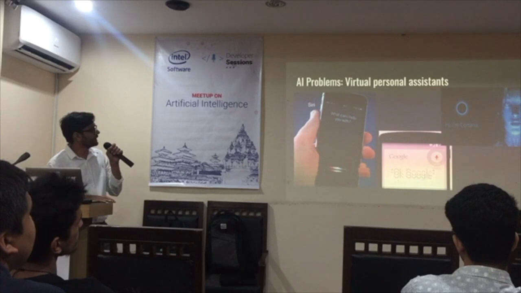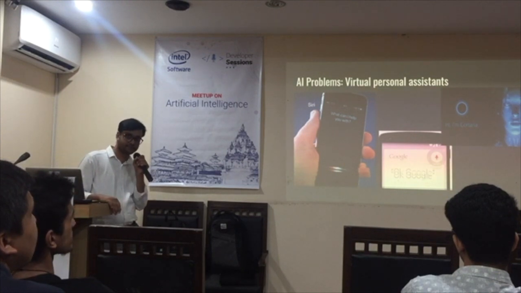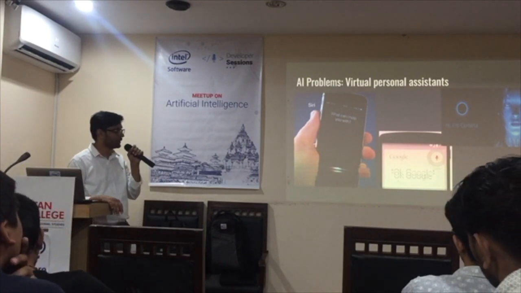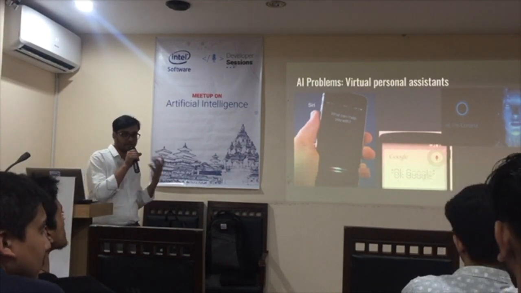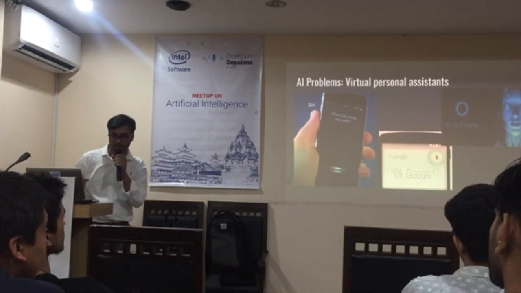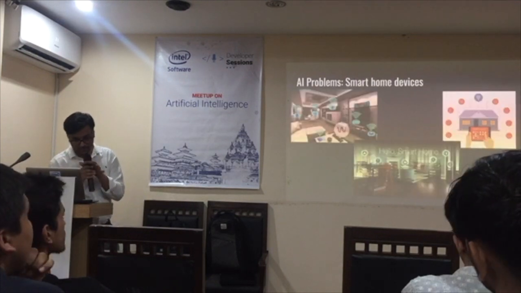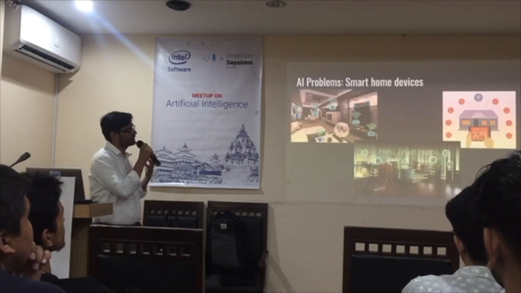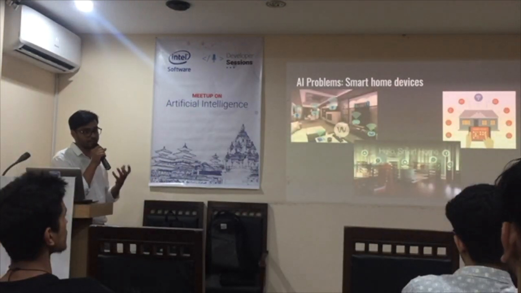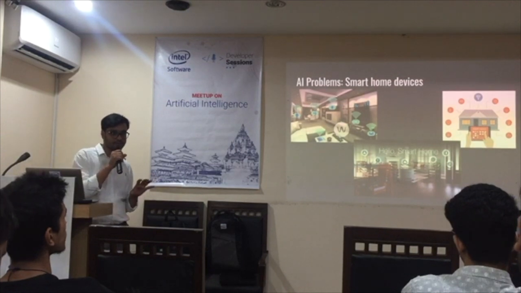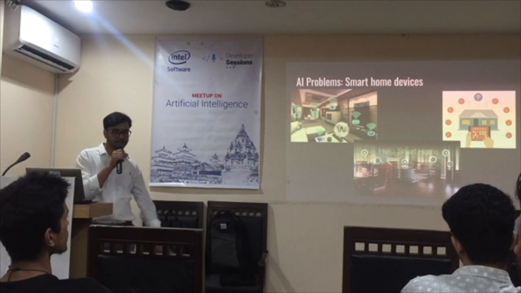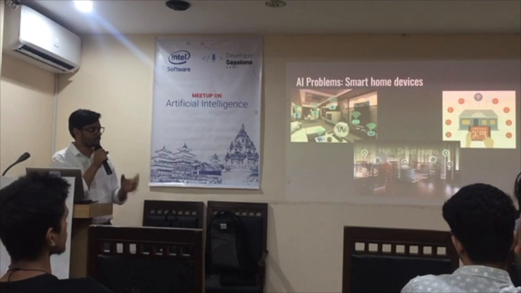The next problem of AI is designing a virtual assistant for everyone for personal use. It can help you in real life with your schedules and your tasks. Another problem is designing smart home devices. It can automatically control the home, or the situation can be controlled. You can say that floors can be automatically cleaned, clothes can be automatically arranged, like that.